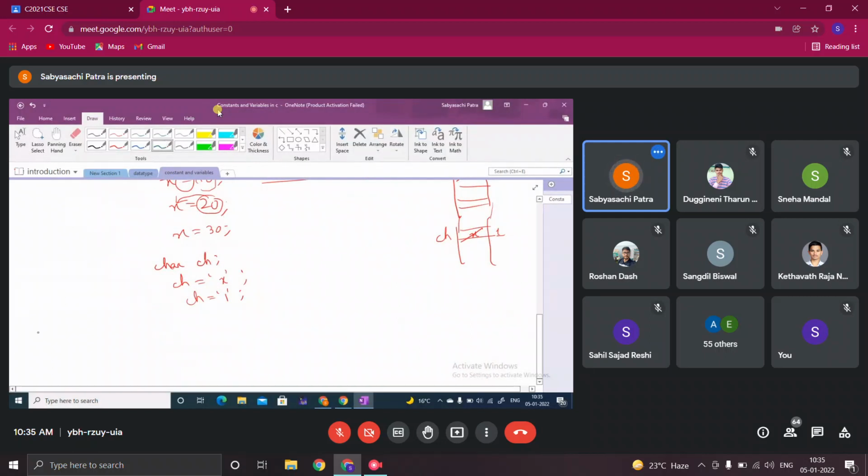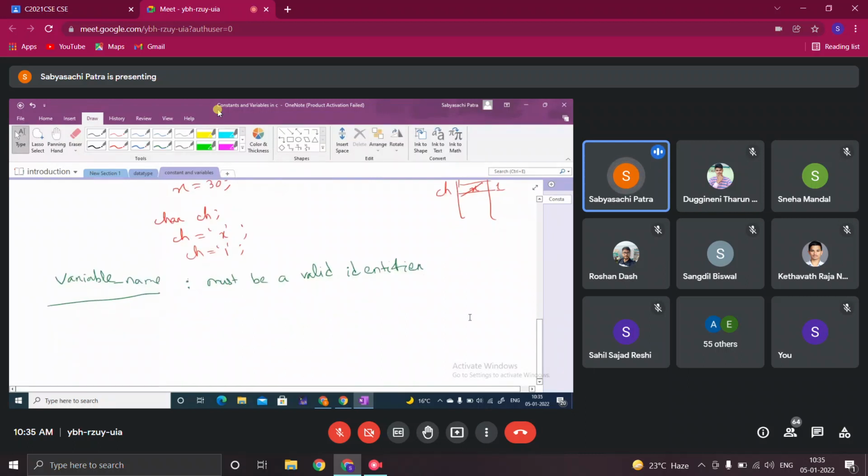And one thing is the variable name. You should know what a variable name is. The variable name must be a valid identifier. An identifier is a token I told you about in my last class.